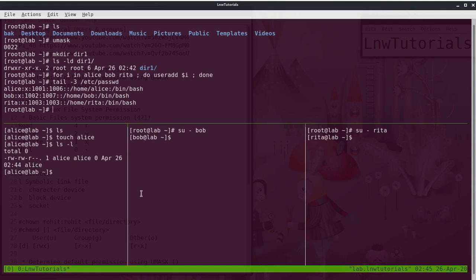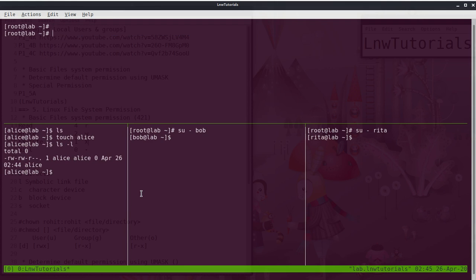Now, moving ahead as the root user, I create a path with mkdir on slash, creating two directories, public and private.